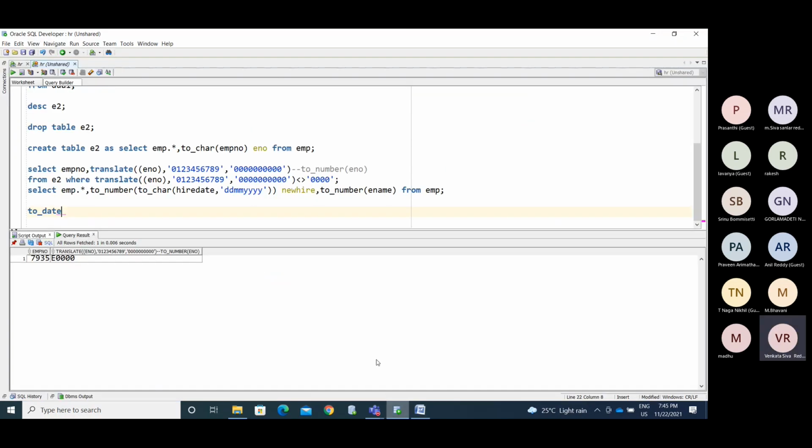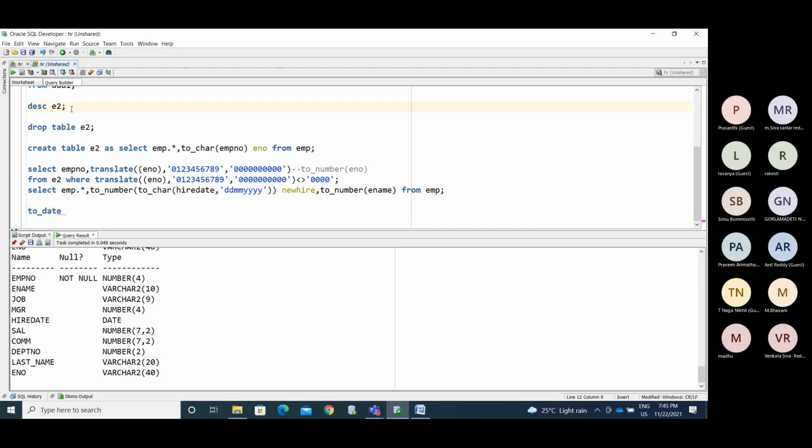Okay, ASCII function. If you want to know, see, we have the E2 table. In the E2 table, we have the employee number column, the E number, and we have the character column. Now let's see the ASCII values for that.